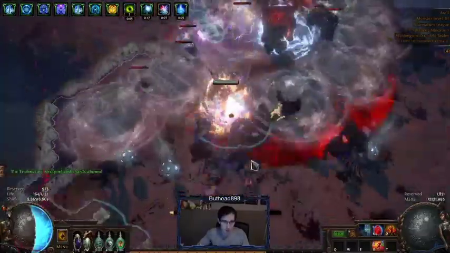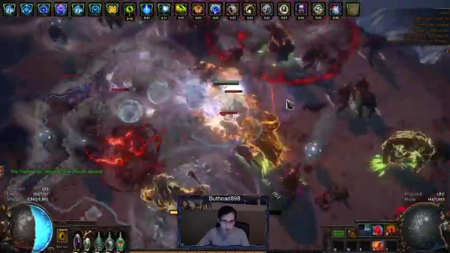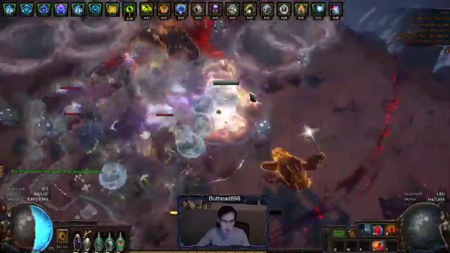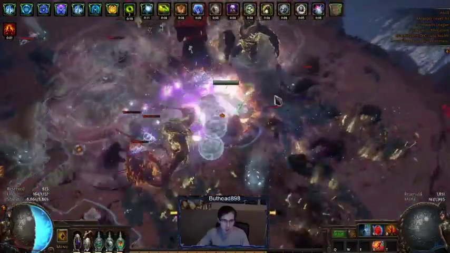Corrupted blood does not matter. But yeah, the big thing is always just keep your flask up. If your flasks never run out, you probably will not die that much with this build, with all the defensive layers you have. And also the build does feel...